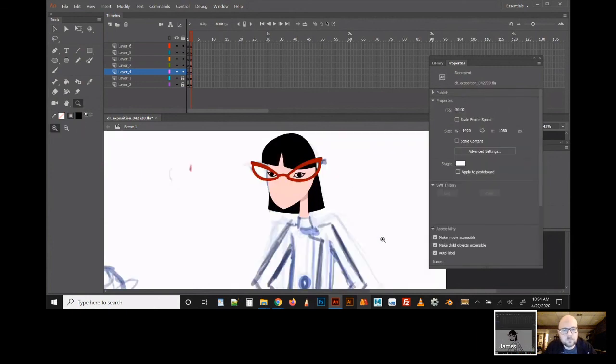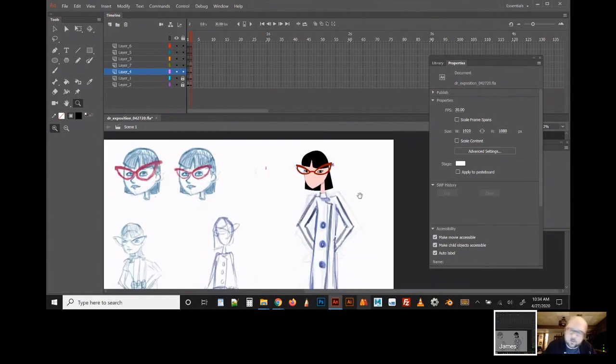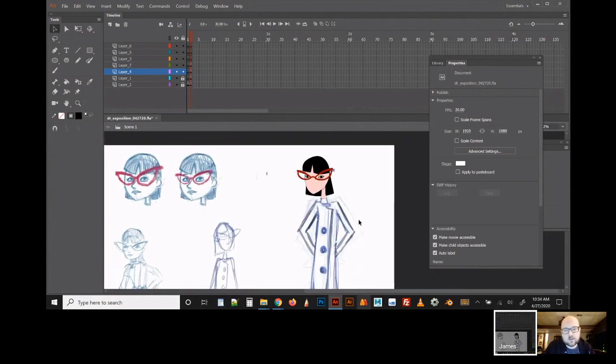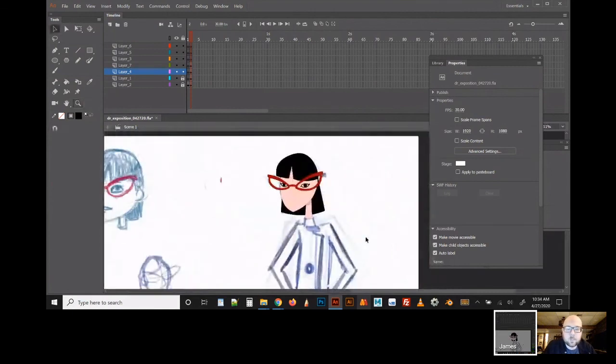We're at a good spot here, I think. We've got two eyes, she's missing a nose and a mouth, but you can already see, in about the 20 minutes that we were talking, Doctor Exposition turning from a rough sketch into a fully fleshed out character. So that's pretty exciting. This is a good spot to hold off and bookmark, and then we'll revisit this later. Cool. All right.